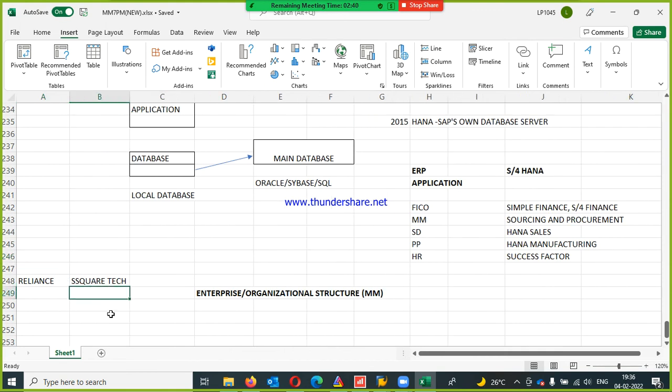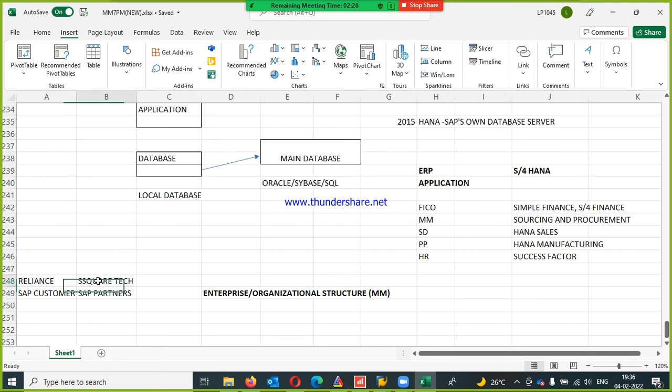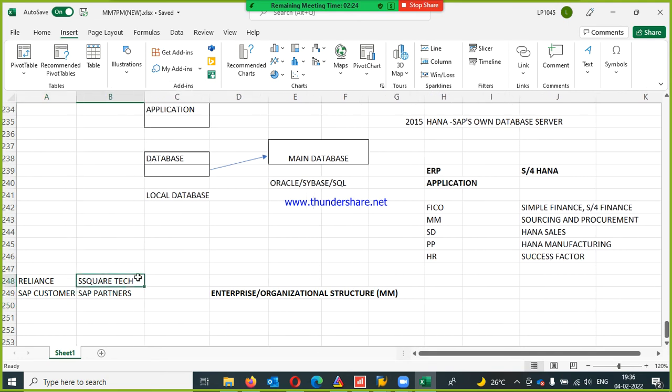We are under the payroll of S Square Technology, and these are the partners. S Square is a partner and Reliance is the SAP customer. We are assuming that we got the project from Reliance and we are going to do the configurations for our customer. So from where do I need to start? First I need to create